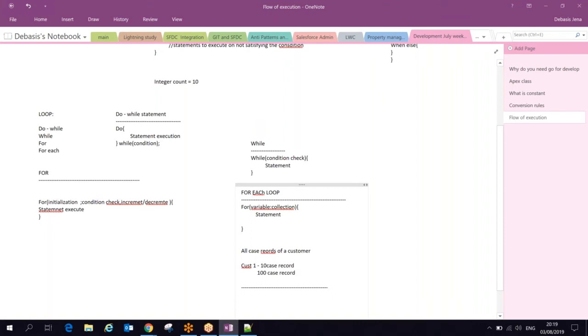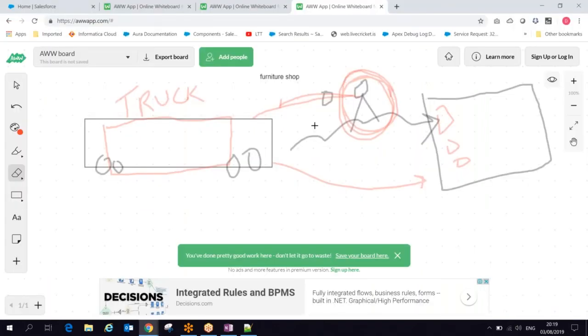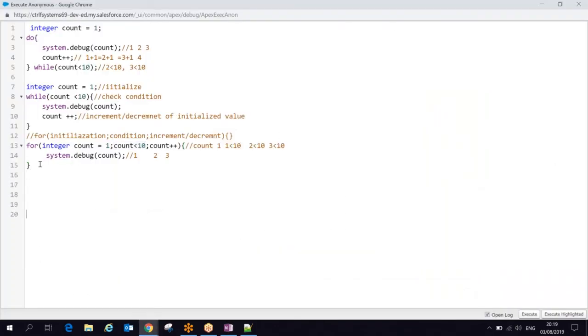Same way, how can we do it? Let's see what we are doing in this example. Let's consider I'm writing one collection element. Don't worry how I'm writing it, I'll tell you in the next session.